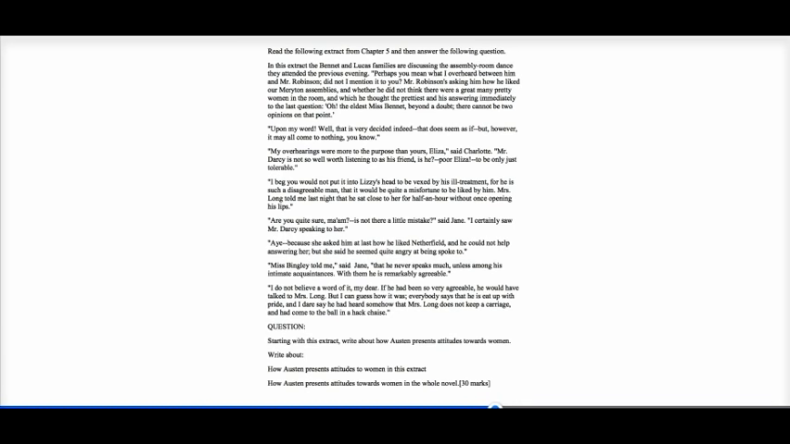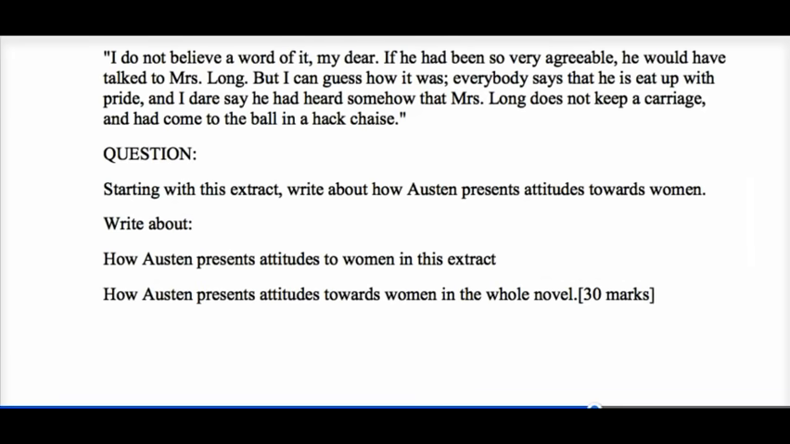This is an example based on Pride and Prejudice. It contextualizes the extract, sort of tells you where it's coming from and what's important, and says in this extract the Bennet and Lucas families are discussing the assembly room dance they attended the previous evening. And then you have an extract and then you have a question, which in this case is starting with this